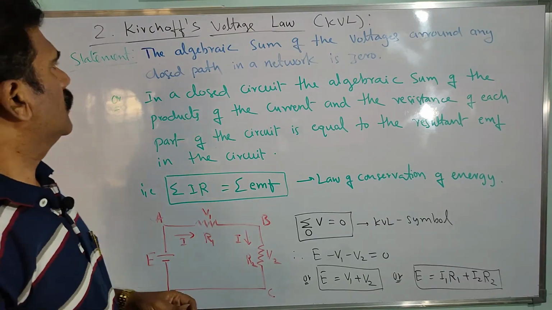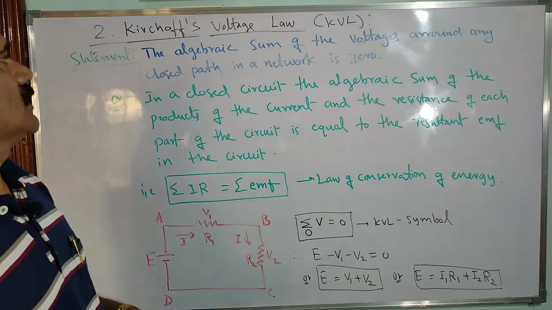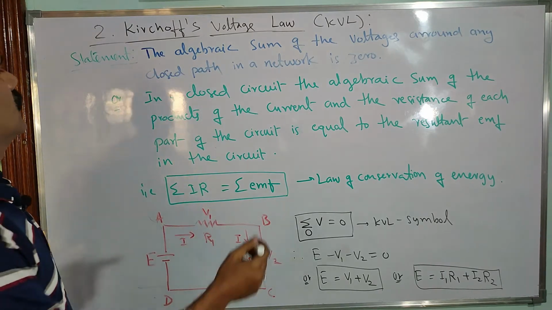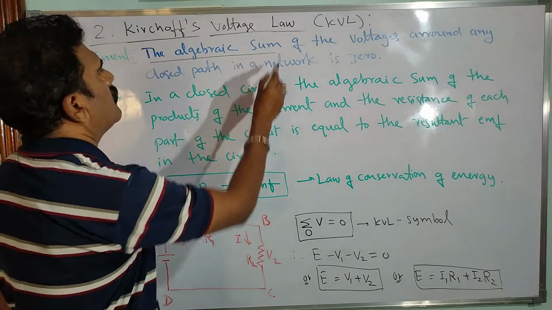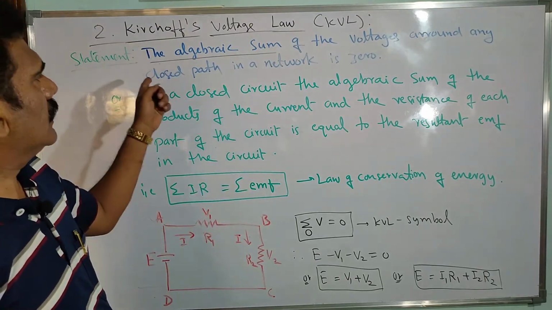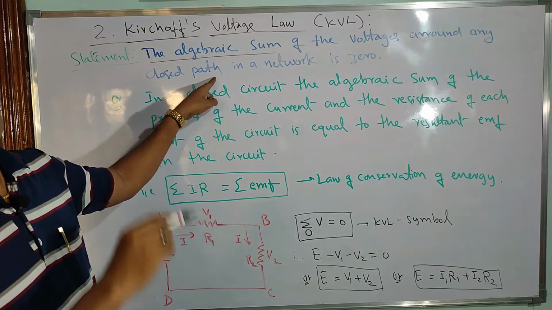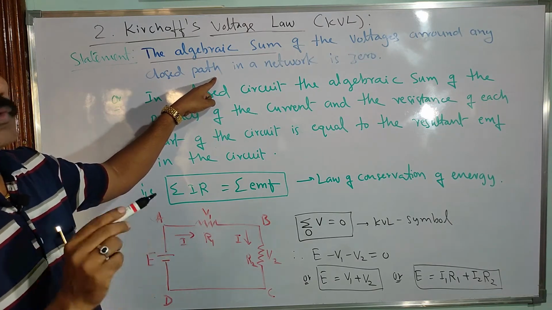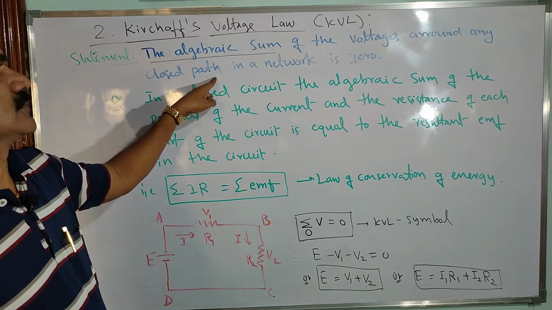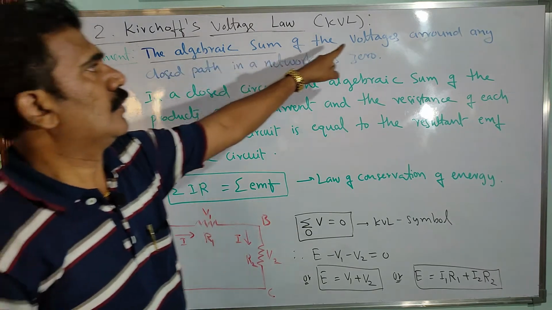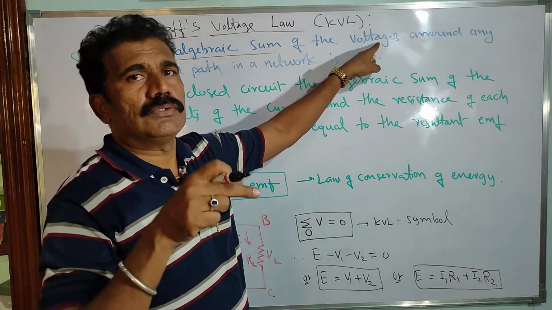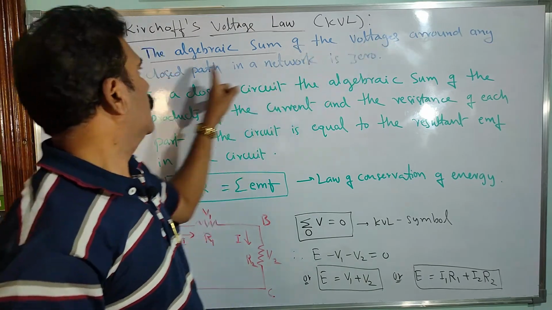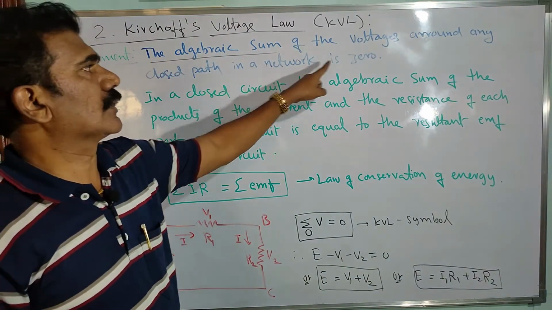Now look at Kirchhoff's voltage law. The statement of Kirchhoff's voltage law says the algebraic sum of the voltages around any closed path. We have to consider a closed path in a given network, then look at the voltage drops across each resistor. The algebraic sum of voltages, including the source voltage, around any closed path in a network is always equal